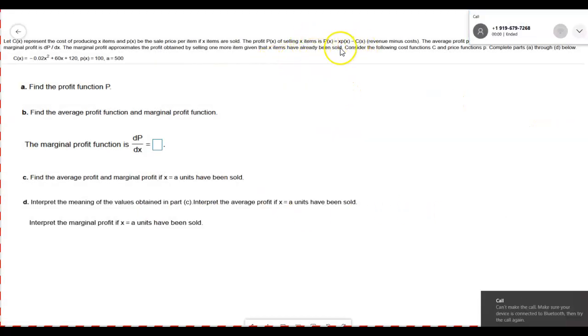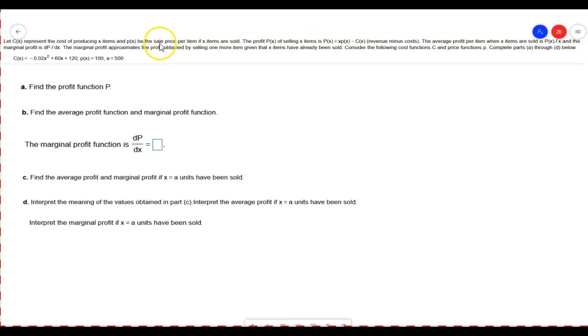Because we're using both uppercase and lowercase p's, one to represent the sale price and one to represent the profit function. So it says the average profit per item when X items are sold is the profit function, the uppercase P of X divided by X, which makes sense, right? You take your total profits, you divide by the number of things that you sold,